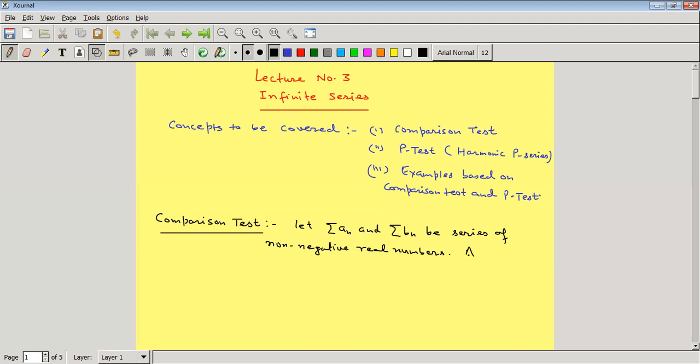Assume that an is less than or equal to bn for all n in N. Then